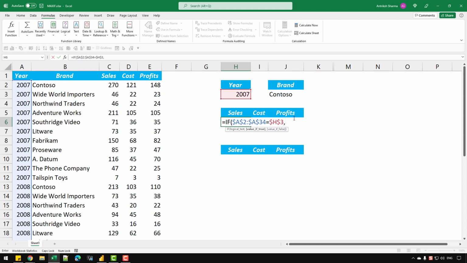And if the condition is true, what I want is my column C, which is the sales amount. So let's select that and let's go back. And since I'm going to drag this code towards the right, I want to lock the rows but not the columns. So let's press F4 twice so that the columns are absolute and the rows are relative. And if I close that, since I'm using the Office 365 version, I'm getting a spill error. So let's remove all the cells below that so I can clean that.